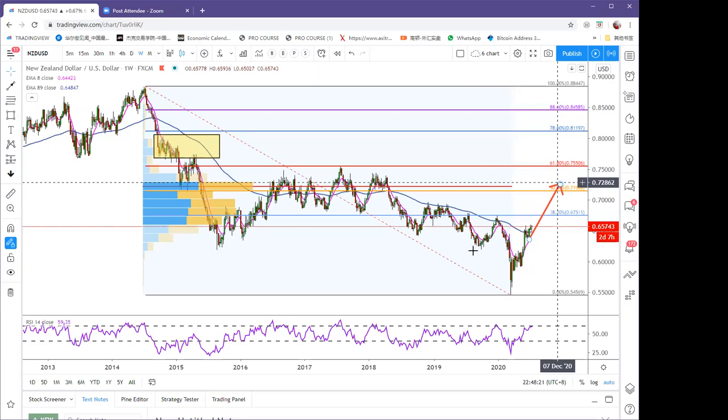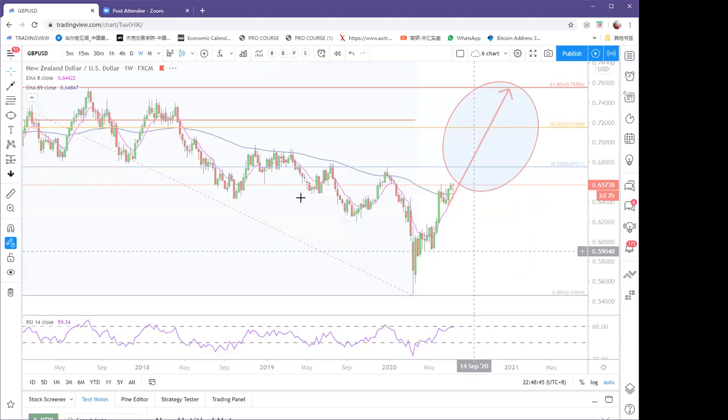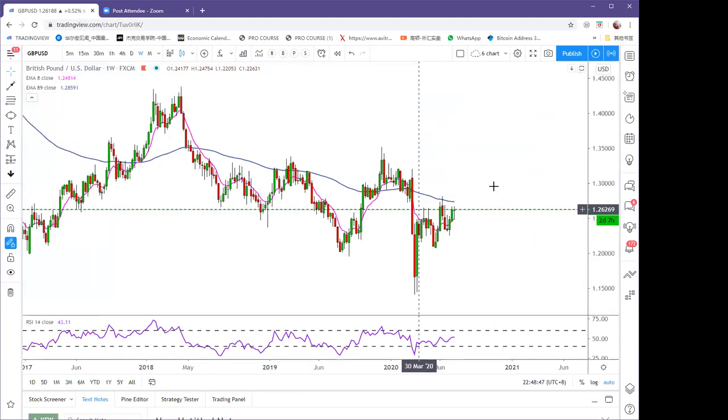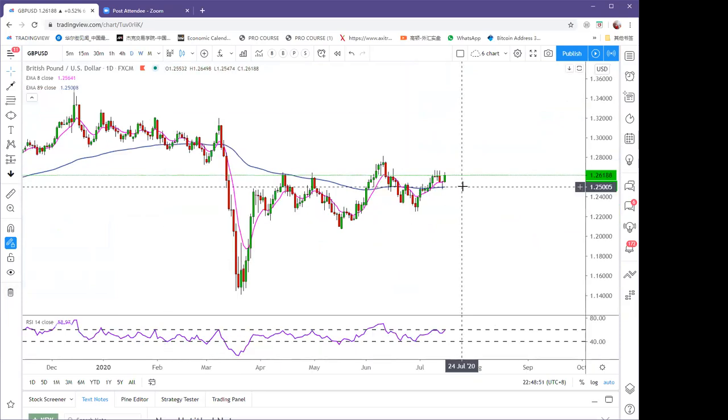Okay, all right. So Kiwi has a very nice return in the next 1 year or 2 years. Okay, let's go to Sterling. All right, Sterling is also making some decisions, because the daily chart shows the Sterling is already above the 89 EMA first,